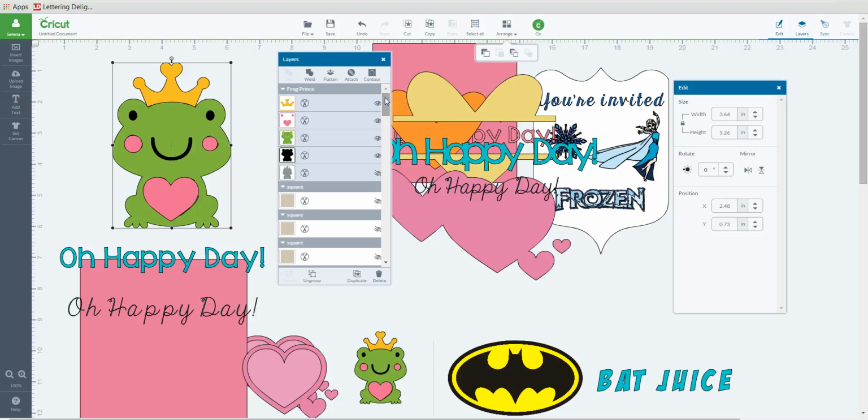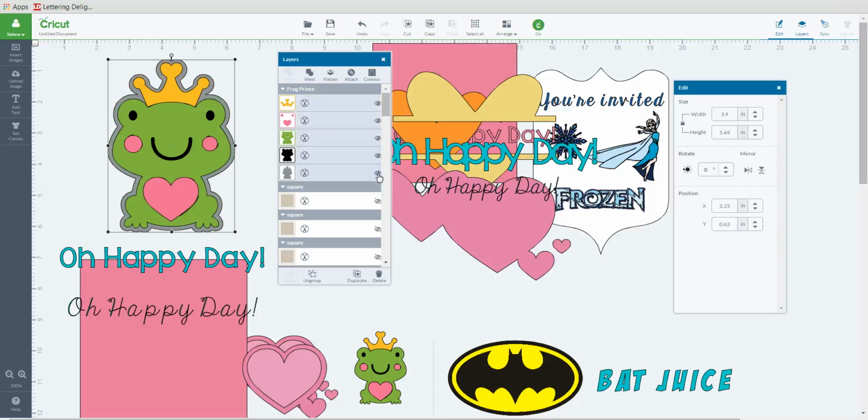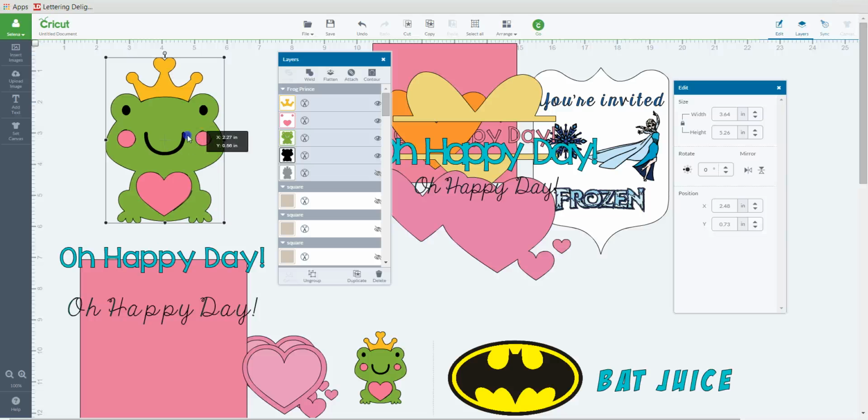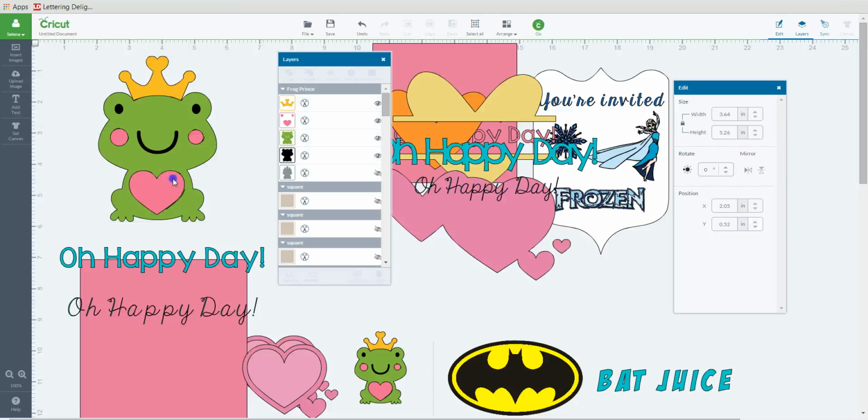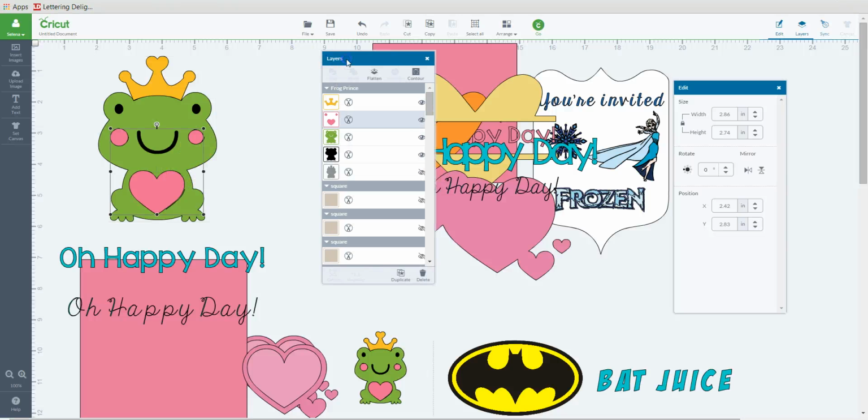So it's going to be at the top of your layers panel. So there are all my layers here. And as you can see, I have one other layer that is hidden, which is that back layer, or the shadow. So I'm going to keep that hidden for now, but what I'm going to do is ungroup this, and let's see, trying to think here, because I'm actually going to be moving into the contour or the hide contour for this